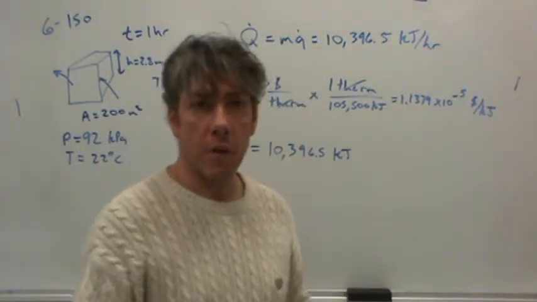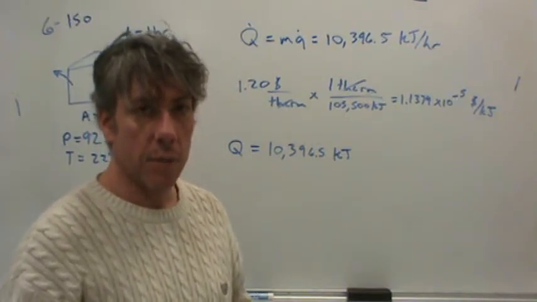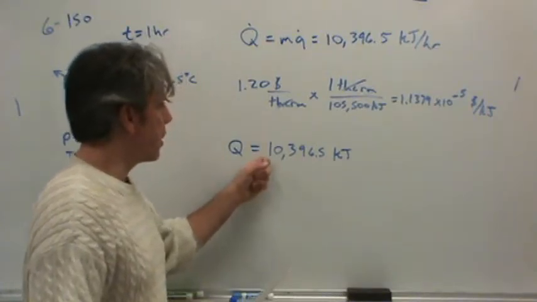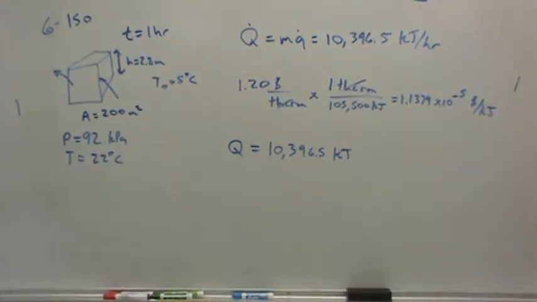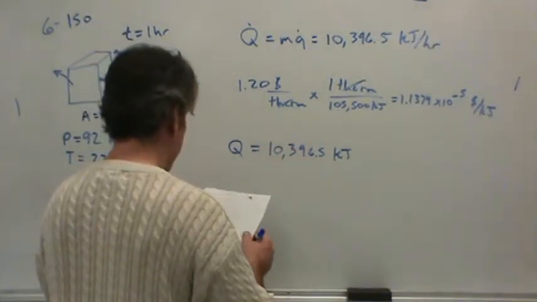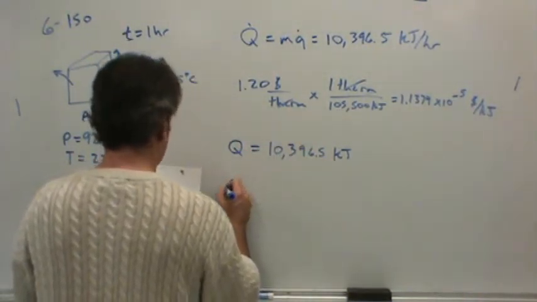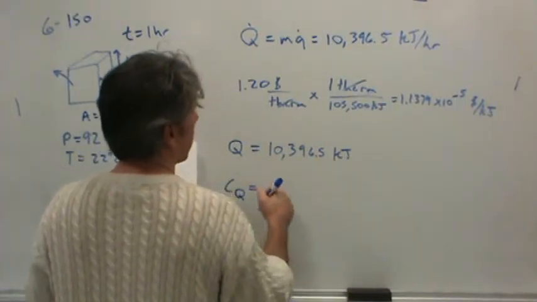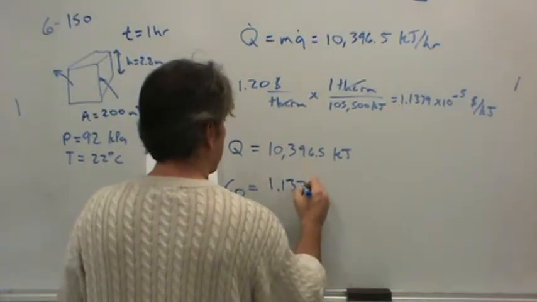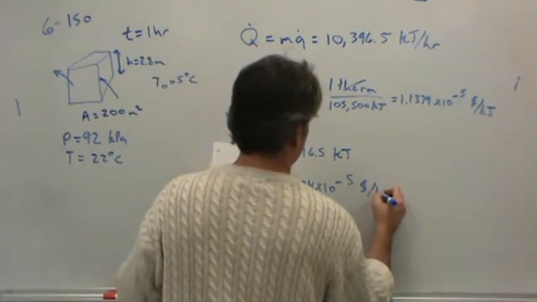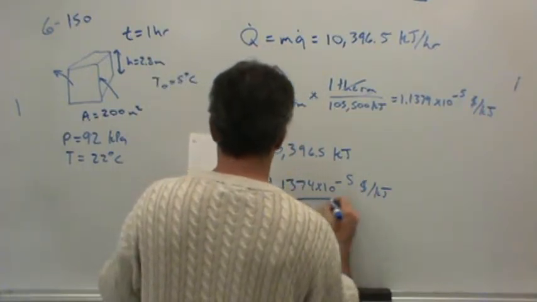We have to buy more than that because when we buy the gas in the chemical form, we get energy in the chemical form, only 96% of that energy makes it into the home as thermal energy. And we're told that the heater is 96% efficient. So we actually have to buy more than this. So I'll just go ahead and cut to the chase and calculate the cost of this heat. It would be the cost 1.1374 times 10 to the negative fifth dollars per kilojoule divided by